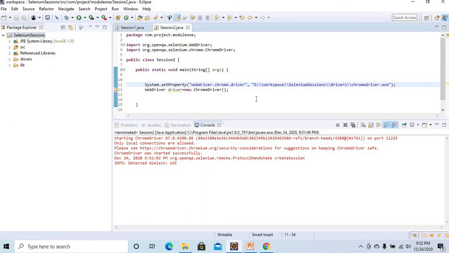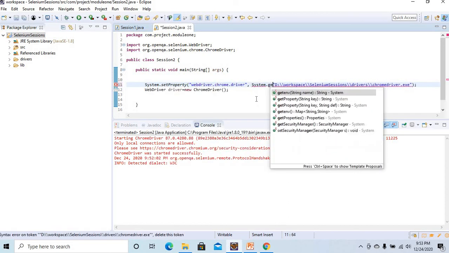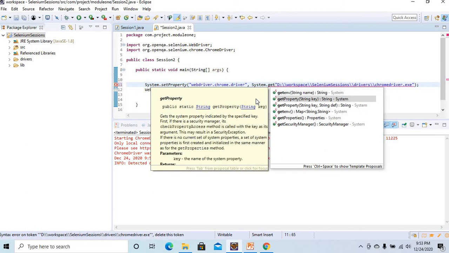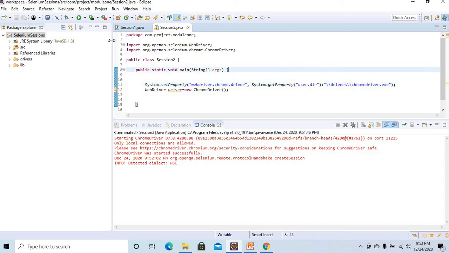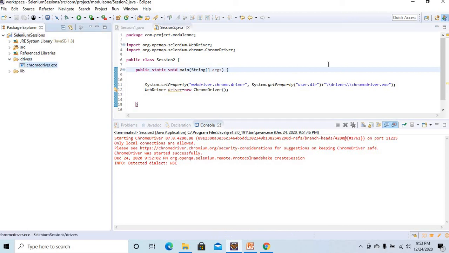To get that, simply use System.getProperty, and in it give user.dir. User.dir will retrieve your Selenium sessions folder. From there onwards you append drivers and chromedriver.exe. So System.getProperty user.dir gives the path to your Selenium sessions, and from there I append the ChromeDriver folder and chromedriver.exe.